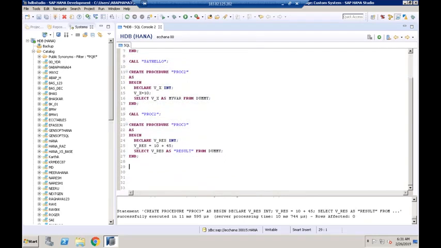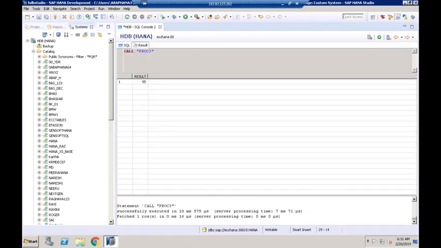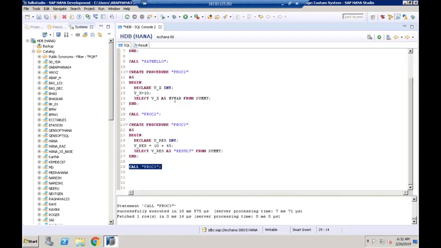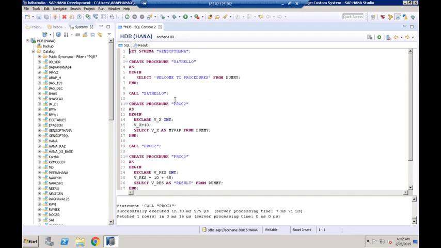Let me call this procedure. Call, I'll give the procedure name as procedure 3. Execute. I got the result 55. Okay, so far we just created the procedures without any parameters, and we understood how to declare the variables inside